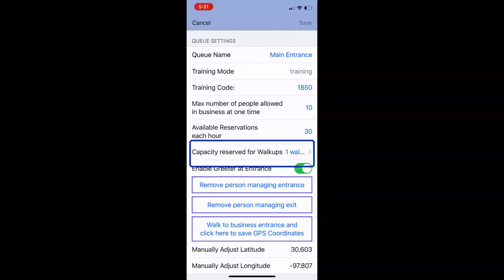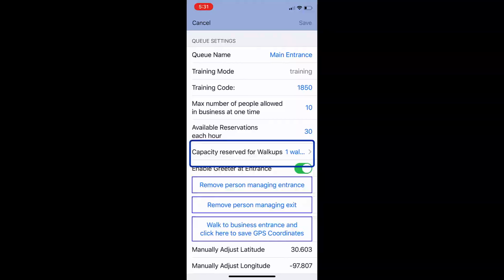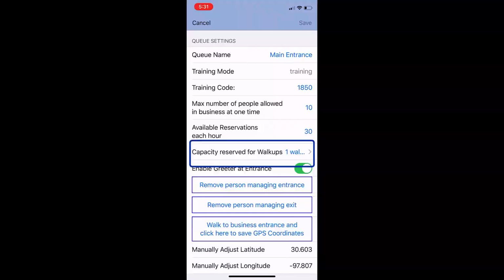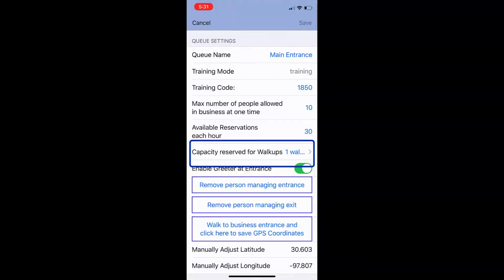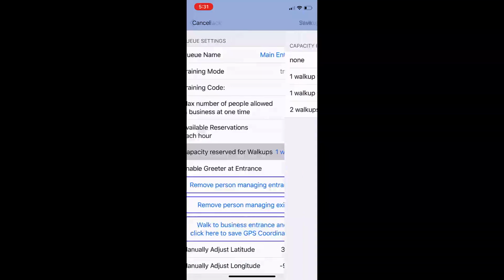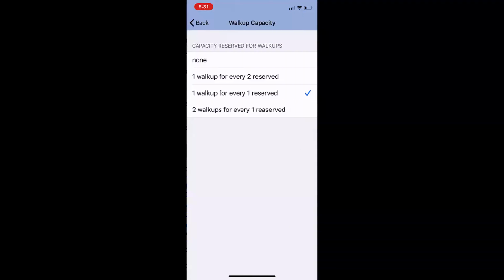Capacity reserved for walk-ups. SafeW8 allows you to support both a walk-up queue and an online queue. When SafeW8 Manager has decided which person should enter next, it will use this parameter along with the online customer's current location to determine who should enter next. The default setting is one walk-up customer for each customer from the online queue. This will cause SafeW8 to alternate between the two lines. However, if there is no customer at the entrance, SafeW8 will keep filling the store from the walk-up queue. On the other hand, if